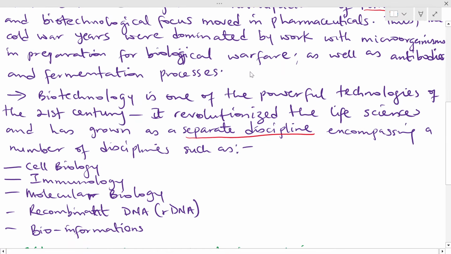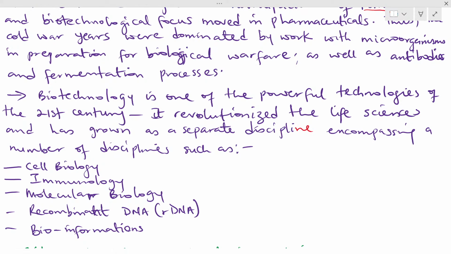And right here we are saying that biotechnology is one of the most powerful technologies of the 21st century that has revolutionized life sciences and has grown into a separate discipline that encompasses a number of disciplines, and these disciplines are,